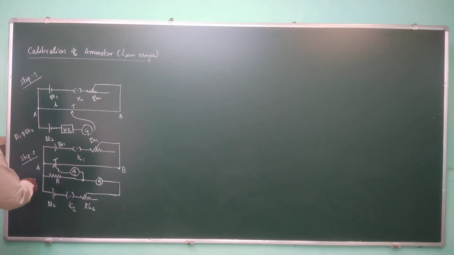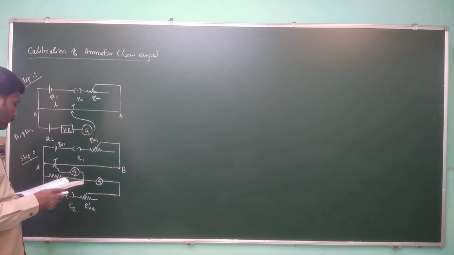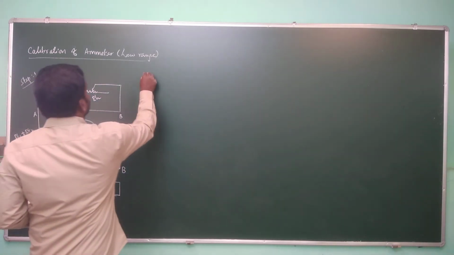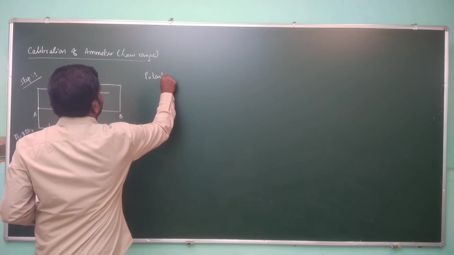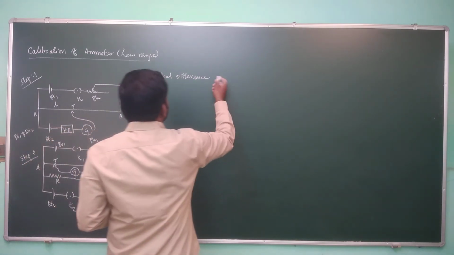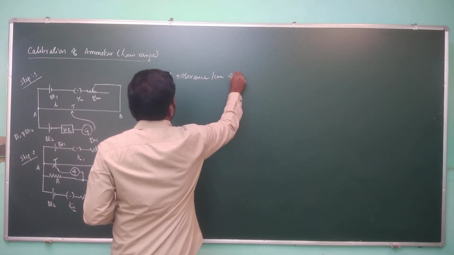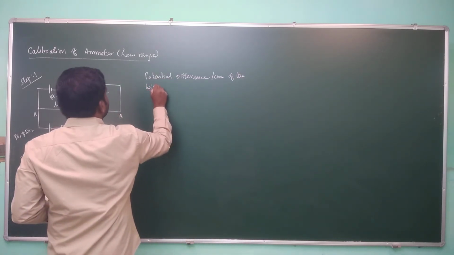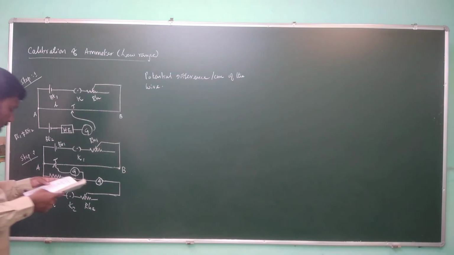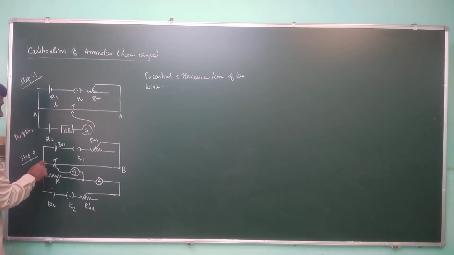Now, there is a current passing through the resistance R. With this circuit, the current passing through the resistance R will be measured as A. Fine. Now in this case, we need the potential difference per centimeter of the wire. What is the potential difference for a unit length in this wire that we need to calculate, right?